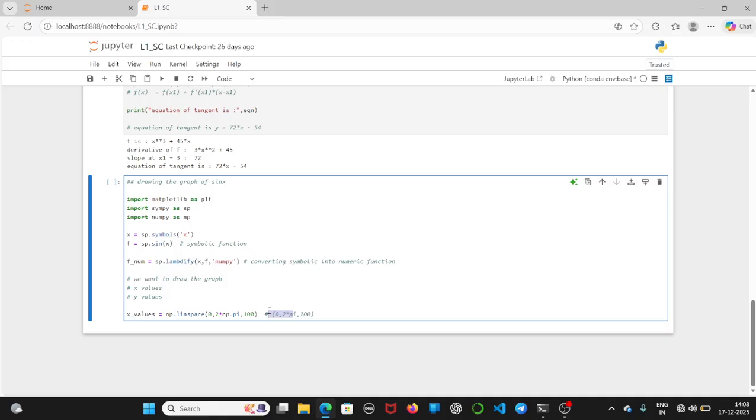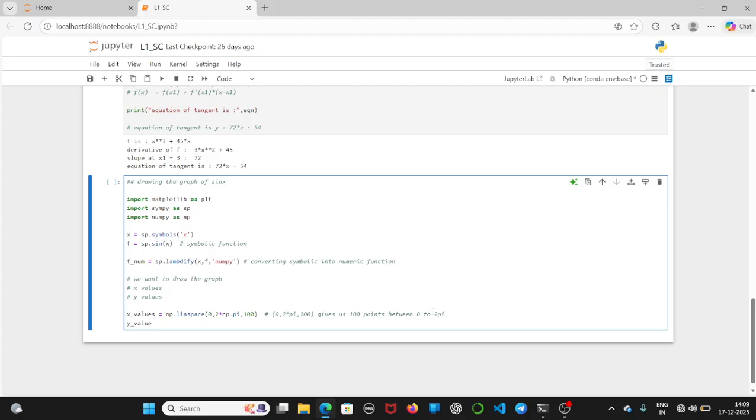So what we are going to do is to calculate the value of sine x at 100 points between 0 to 2 pi. So this just gives us 100 points between 0 to 2 pi, right? So 0 to 2 pi. Okay, so I'm creating 100 points between 0 to 2 pi, and now